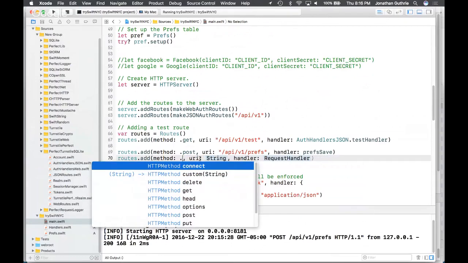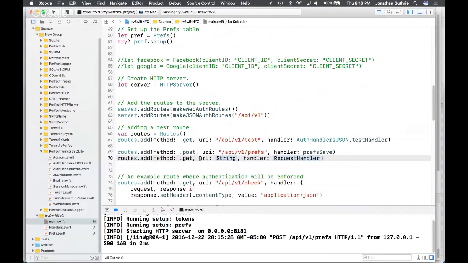HTTP method, it's going to be a get. URI is actually going to be the same one. And instead of press save, we're going to say press get. Okay. So this demonstrates the fact that you can have the same route but with a different HTTP verb and get a different result. So it's just being filtered upon the HTTP verb.